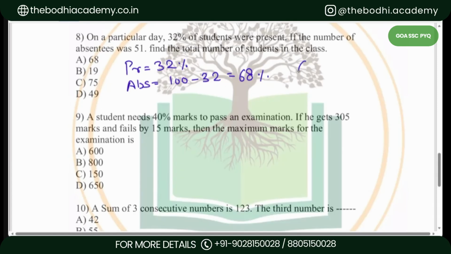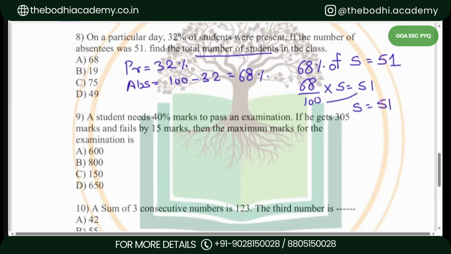If the number of absentees was 51, that means the people who were absent were 51. That means 68% of the total number of students in the class is 51. Total students I have taken as S. So 68% of total students is equal to 51. So how much is S? What is the total number of students? This is the question. So 68 upon 100 times S is equal to 51. So S is equal to